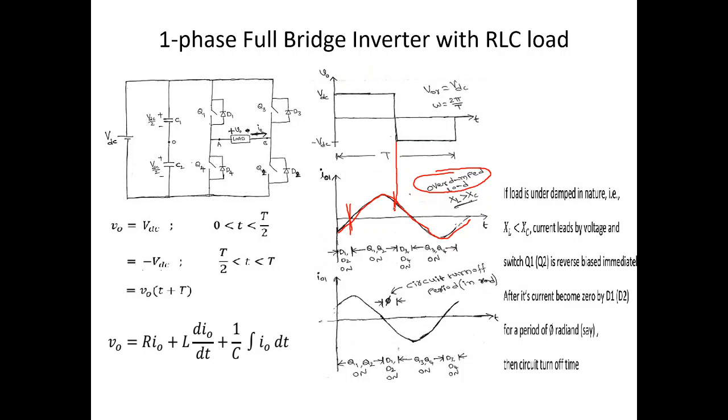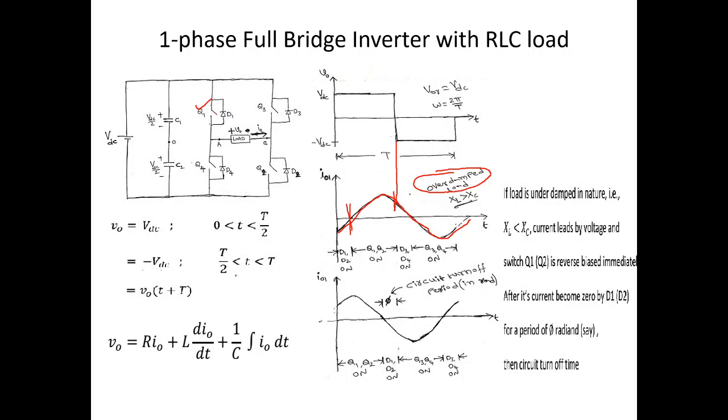In case you use an SCR in place of the transistor for Q1, this becomes a problem, because SCRs are semi-controlled switches. The turn-off process requires 2 steps. Step number 1, you have to make sure that the current through the switch is 0, and next you have to apply reverse voltage immediately for at least some time which is more than the circuit device turn-off time. That is not possible for the overdamped case.